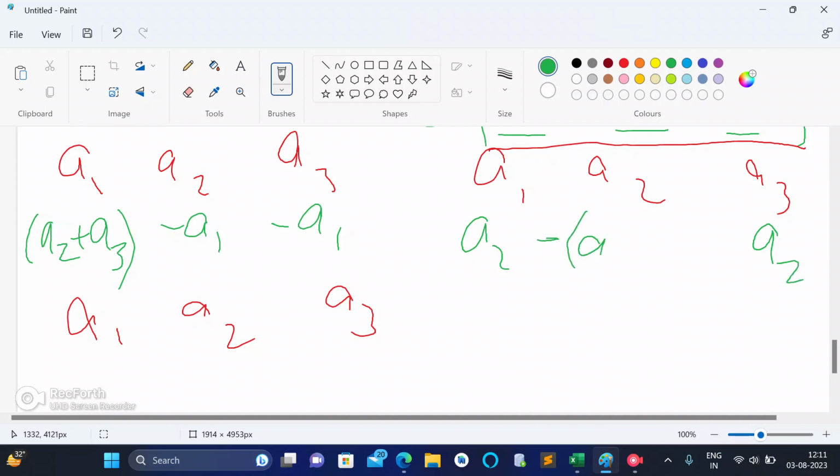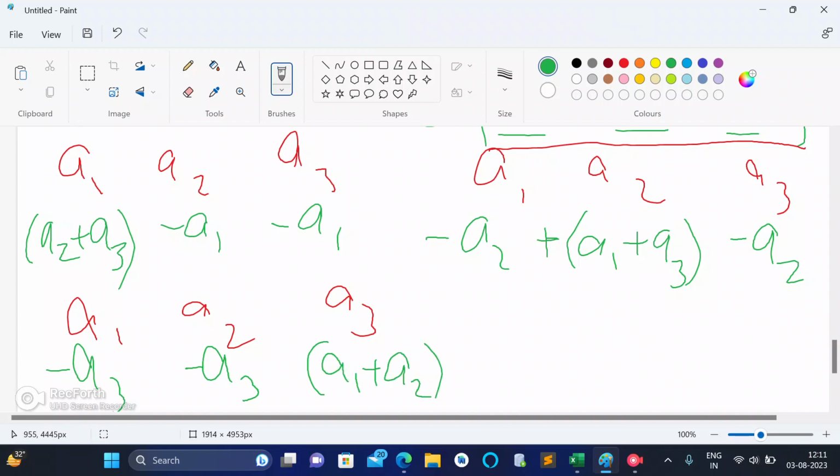Then I will put a2, minus of a1 plus a3, or you can say minus plus minus. Anyway, it's fine. Then I will put minus of a3 and a1 plus a2.